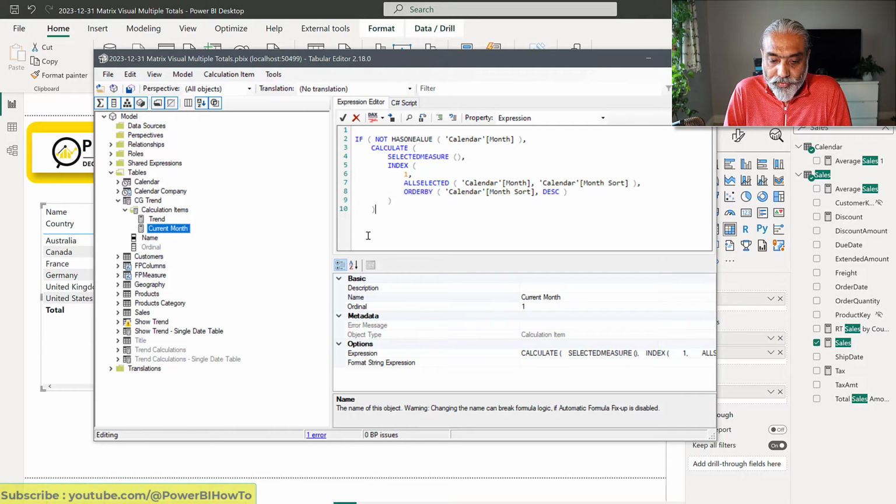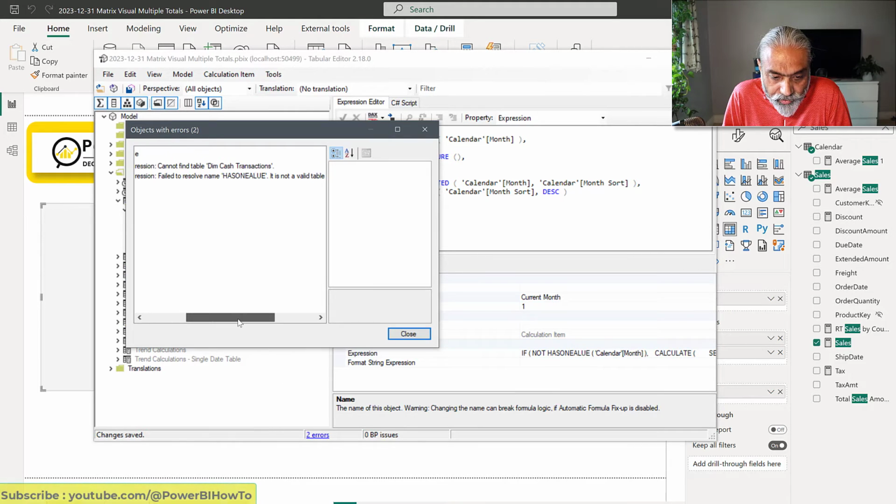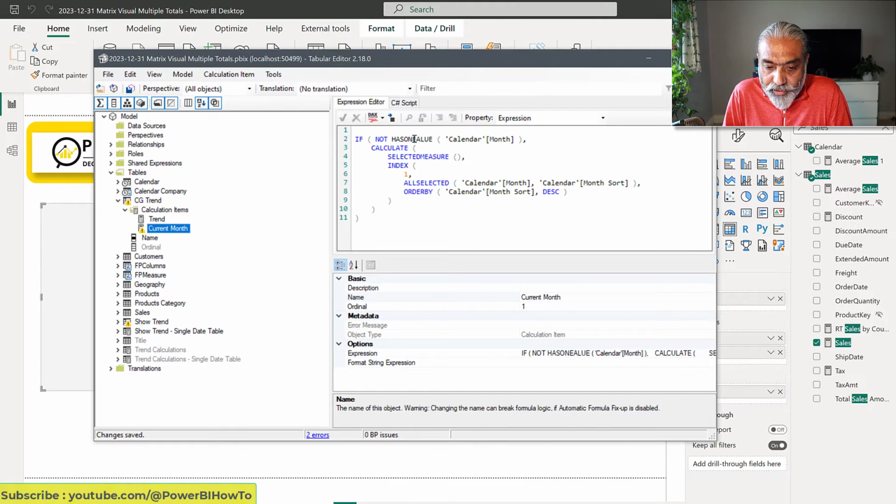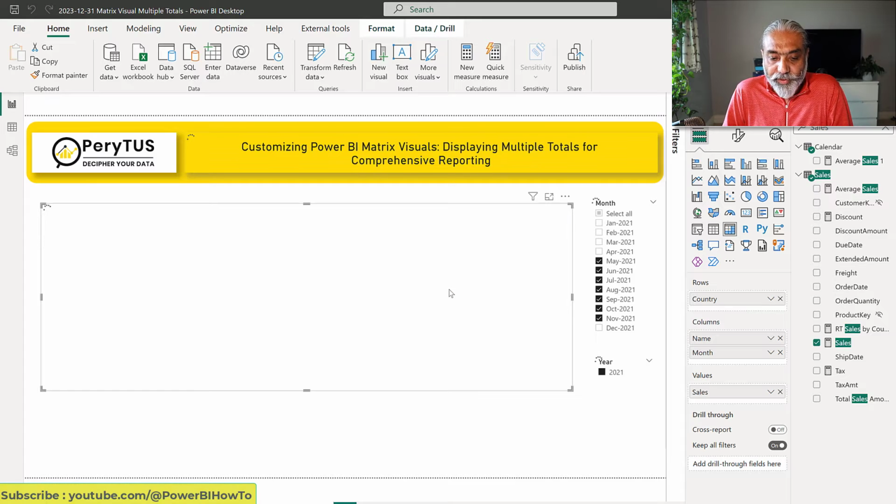So let's try this. There is some error here. What is the error? HASONE, oh, spelling mistake. HASONEVALUE. Okay, perfect. So now apply this. So go back to Power BI. What we will see here,